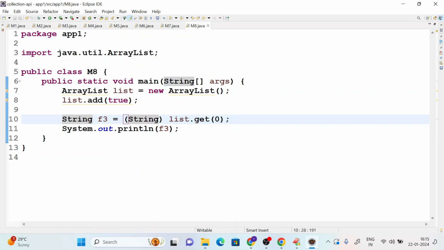We were supposed to convert into Boolean but converted into string. The compiler doesn't know what the actual object is while calling get of 0. It is just checking whether the left-hand side and right-hand side are both proper. Yes, the left-hand side is a string, the right-hand side is also string. Compilation succeeds. While running, you will get a runtime exception,